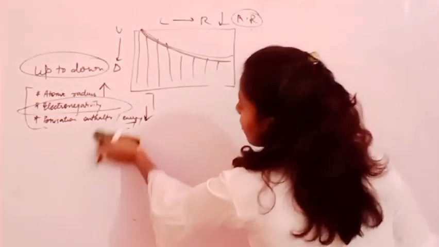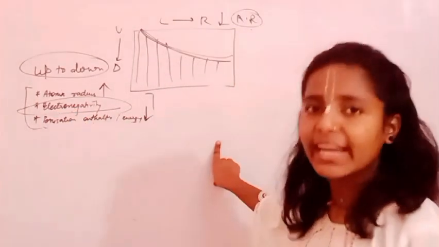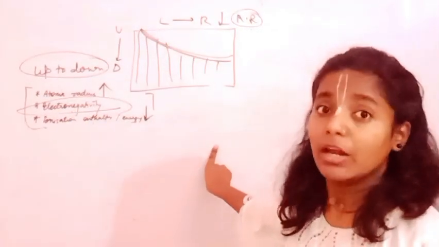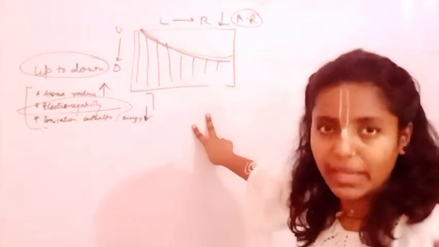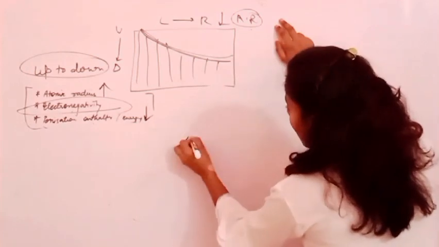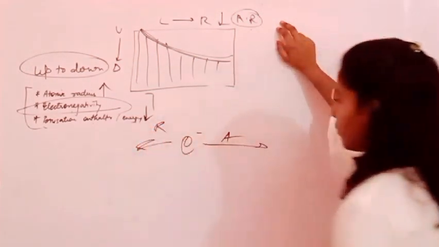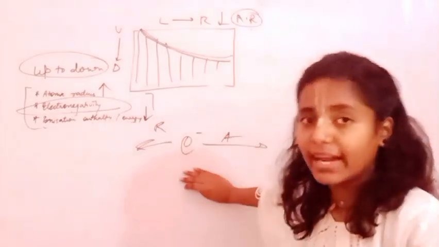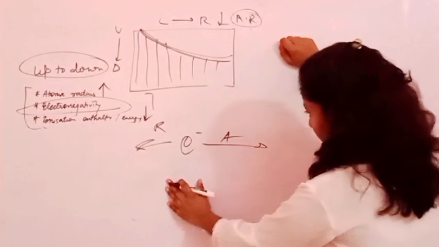अब यहाँ पे एक चीज क्लियर है, before understanding effective nuclear charge, that electronegativity directly depends on your effective nuclear charge. Now for understanding electronegativity we are required to jump on the topic effective nuclear charge. So effective nuclear charge is like, ये आपका इलेक्ट्रॉन है, यहाँ पे आपका अट्रैक्शन भी होगा, रिपल्शन भी होगा। ये आपका इलेक्ट्रॉन है, इस पर अट्रैक्शन भी है और रिपल्शन भी है, ठीक है।